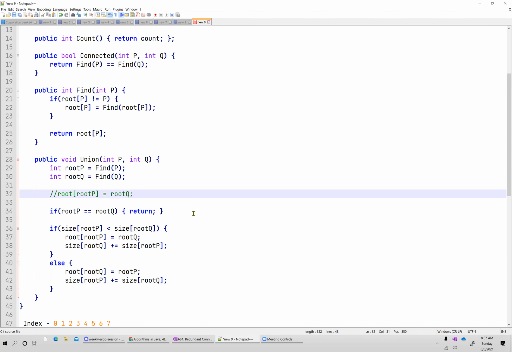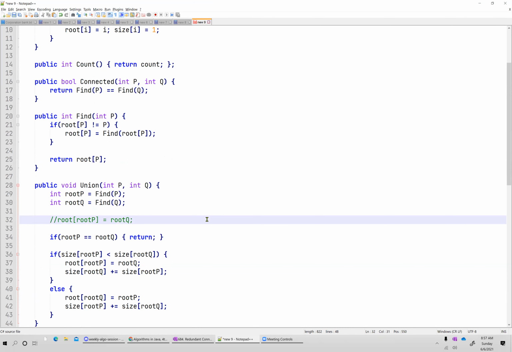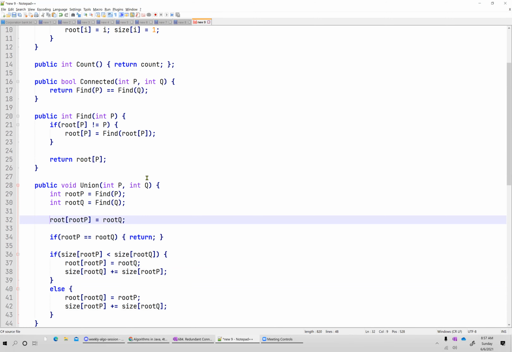Any other question for this before we jump into some examples? Bhavik, like line number 32, is that enough if you are not tracking size? Yes, this is enough. If you are tracking size, we can just paste line 38 below it and it will still work, if we just don't consider the if statements. The if statements make the optimal connection, but we can just do the unoptimal one also and track size and union at the same time.